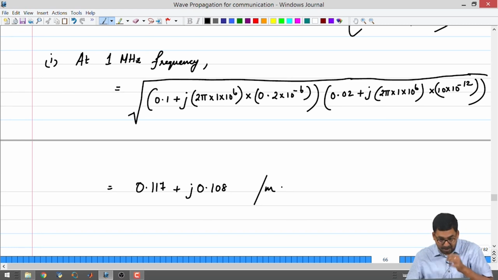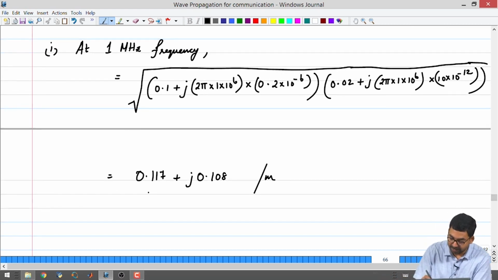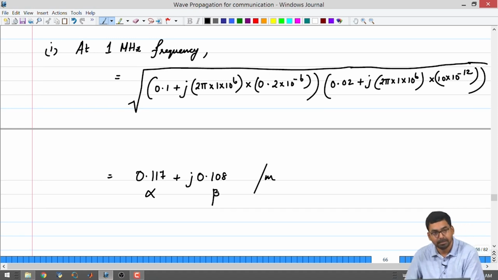We already know that in the form of gamma, the real part is the attenuation constant alpha and the imaginary part is the phase constant beta. So you are ending up with an attenuation constant of 0.117. Now, let us find out